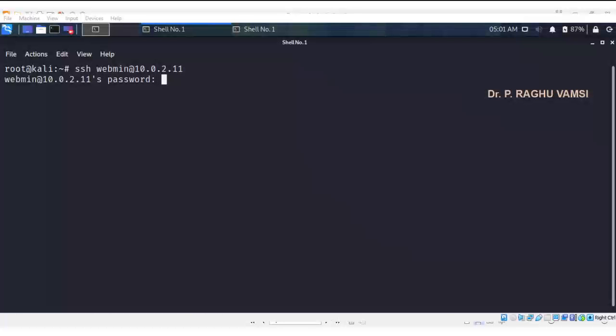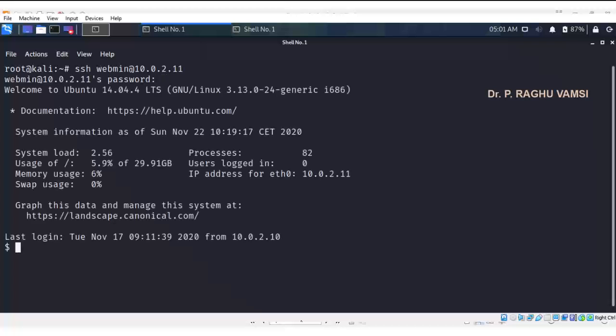Anyhow, we are aware of the webmin password, so we'll enter into the VulnOSv2 operating system via SSH, webmin@10.0.2.11, and let's enter the webmin password as webmin1980. Now we have logged into the VulnOSv2 operating system. From here,